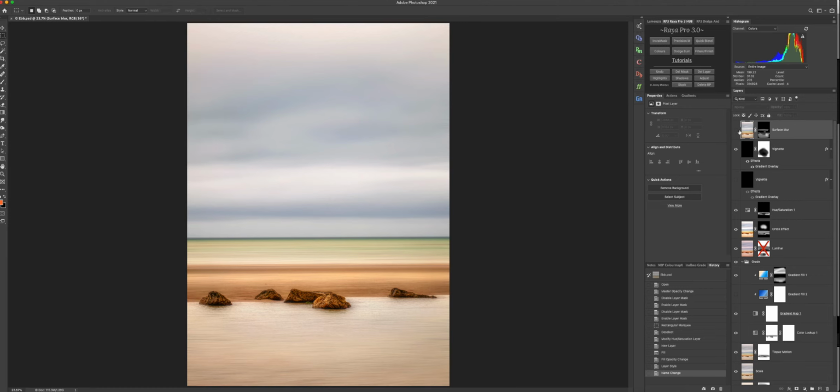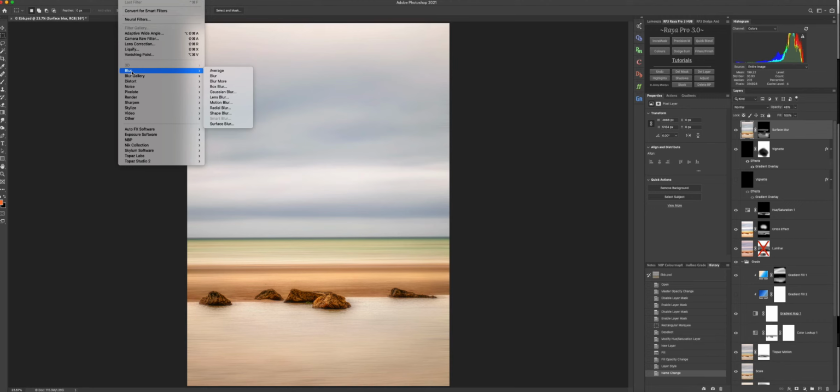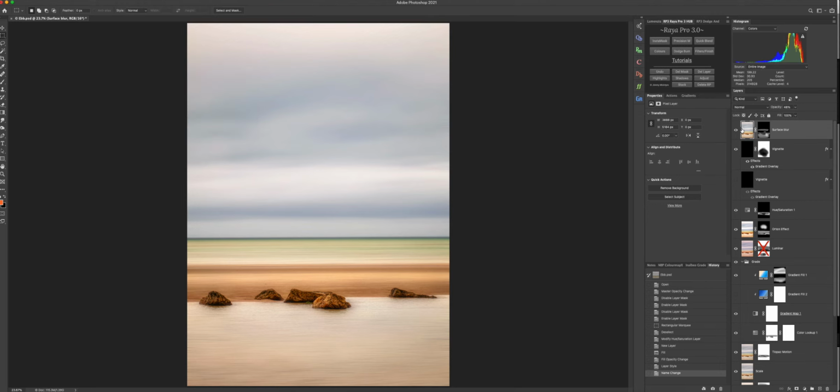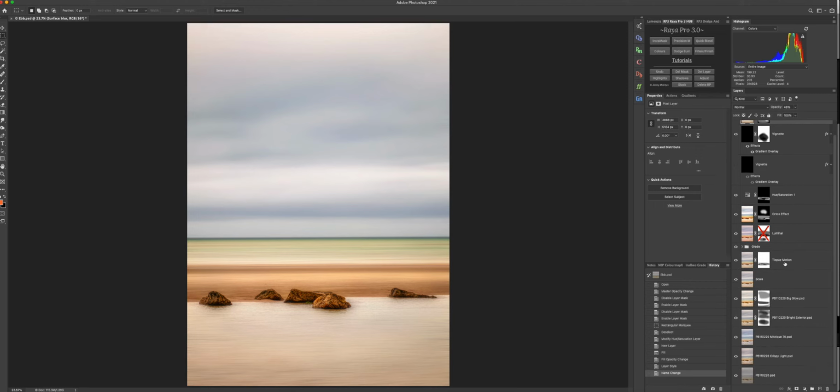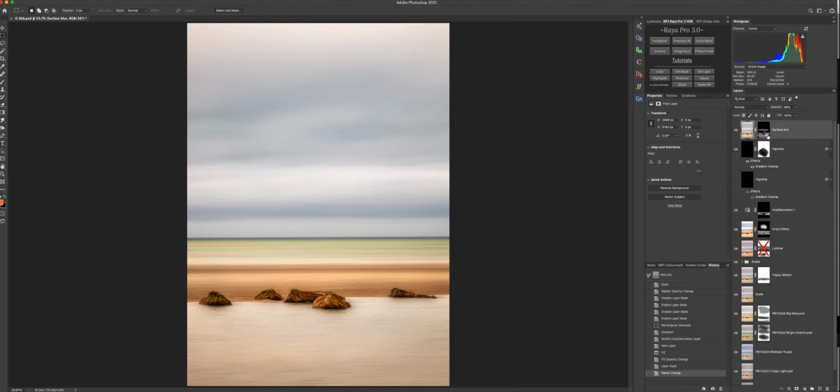I have to make it visible. Filter, blur. Here we go. Surface blur. Again, just to soften the look of the water. And you can see this is just at a 48% opacity, so it's nothing obtrusive, I hope, but just softens the overall look. This was a relatively straightforward edit, nothing too elaborate,